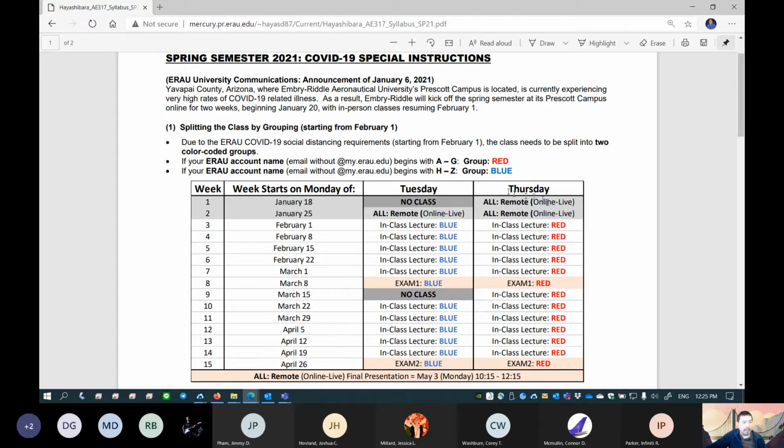Now, it looks like we don't have to do that because the classroom capacity is 14 and there are 12 students right now. I'm going to double check and announce it before the 1st of February, but it looks like you don't have to worry about splitting the class. You'll show up in class all the time.